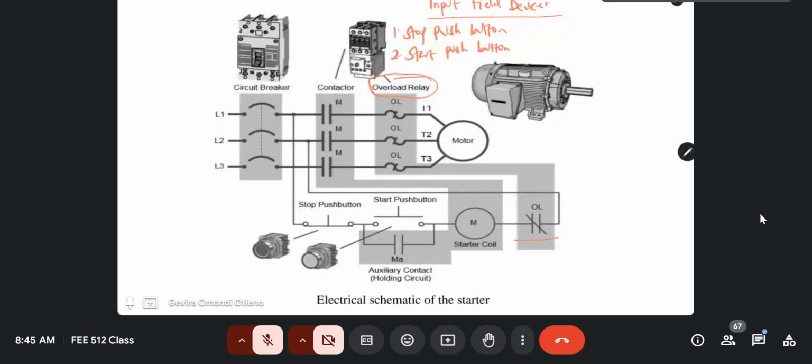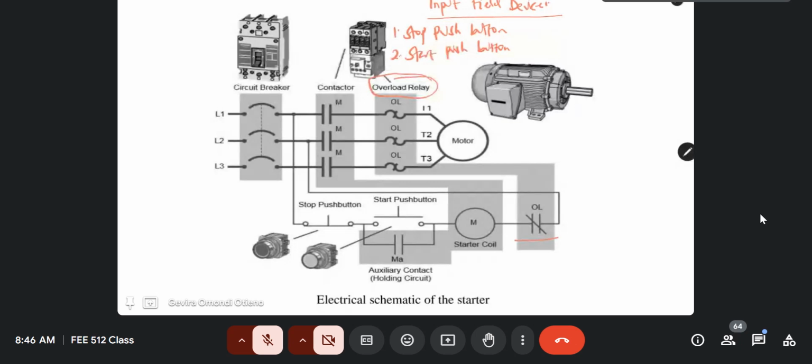For this case, we are going to assign it. Remember, each of these needs to be assigned an address, and each of these is going to have a logic equivalent. That's why we are putting it here. But we know that the overload is usually a device that's inbuilt. That's why you see it comes already with the contactor. It's inbuilt into the system to protect. It's not a device that you decide when to switch on and switch off, unlike the start and stop push buttons, where you are the one to physically switch